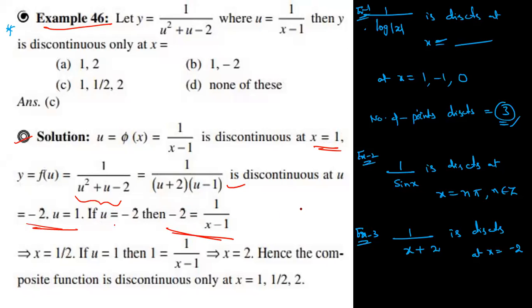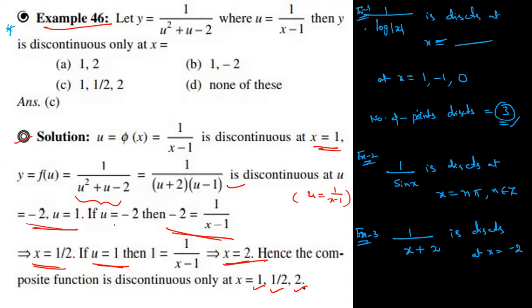Minus 2 is equal to 1 by x minus 1, because u is equal to 1 by x minus 1, dear students. So find the value of this one. x is equal to 1 by 2, it is discontinuous. Why? If u is equal to minus 2, it is discontinuous. They are asking in terms of x. At x is equal to 1 by 2, it is discontinuous. Suppose u is 1. Then what is the value of x? 2. Therefore, the composite function is discontinuous only at three values,